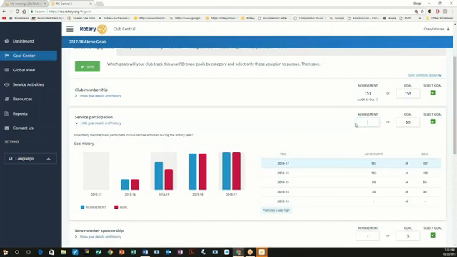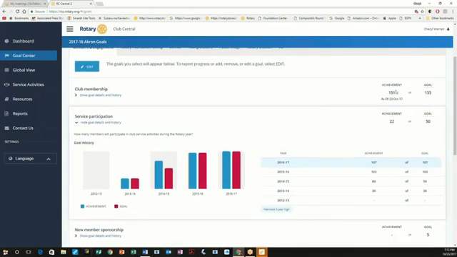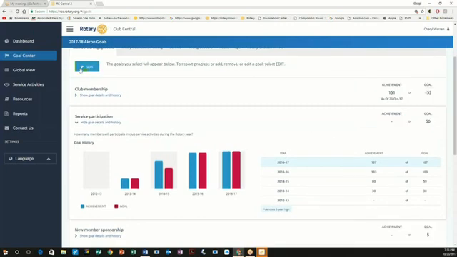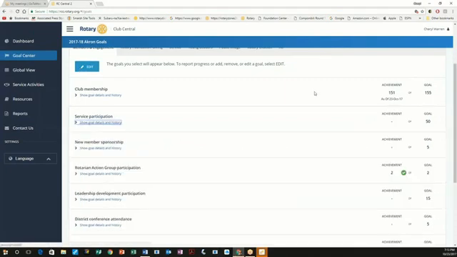So we have completed them. I could right now say, I know we've had 22 members that have participated in service projects. But if I don't click save, that will revert back to 0. So it will still look like that until you fill it in. Obviously, Rotary International maintains membership numbers, so that is an automatic build for them.